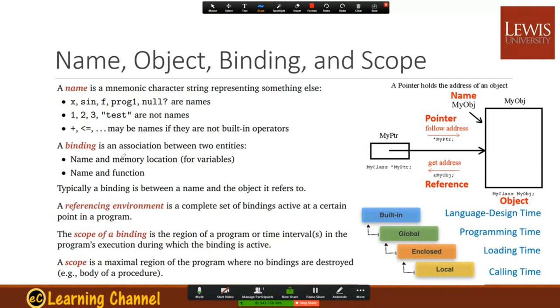Binding is an association between two entities, a name and a memory location, or a name with a function. Typically, a binding is between a name and the object it refers to. So basically, binding is here, and we have dynamic binding, and also static binding, depending on whether there is polymorphism or not. A referencing environment is the complete set of bindings active at a certain point of the program. And then the time when the binding is in power,